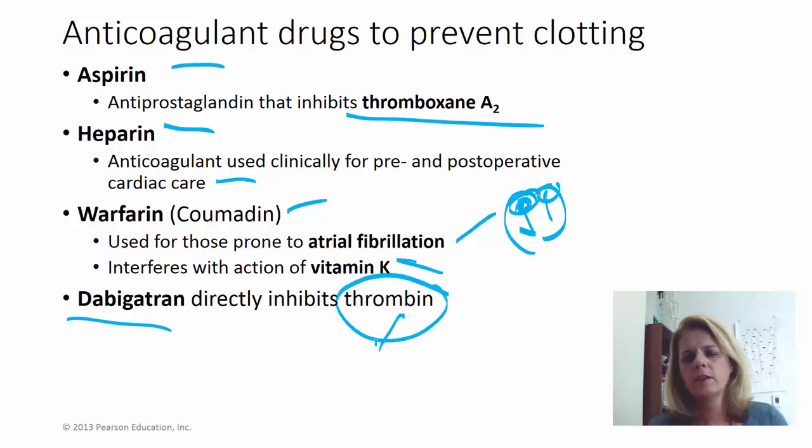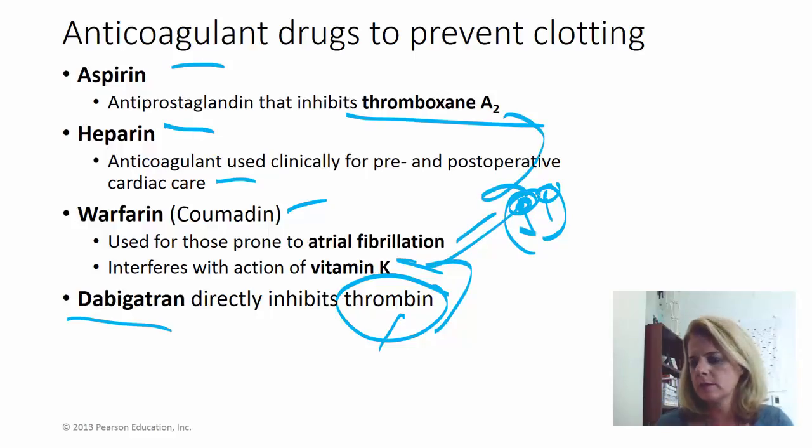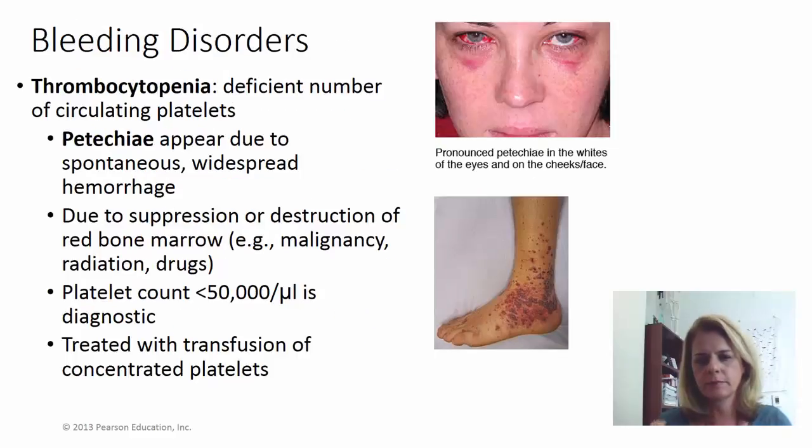If you don't remember what these are, go back and remember we had prothrombin and thrombin and fibrinogen and fibrin. So go back and see how all of these relate to blood clotting and hemostasis, and where you could interfere with that pathway to prevent the blood from coagulating and clotting.